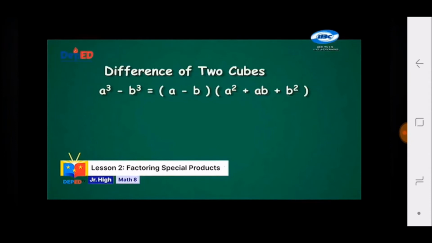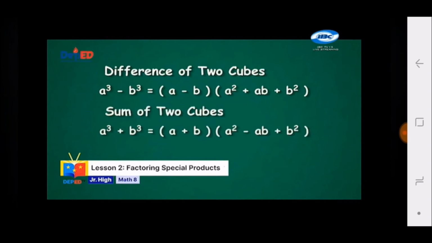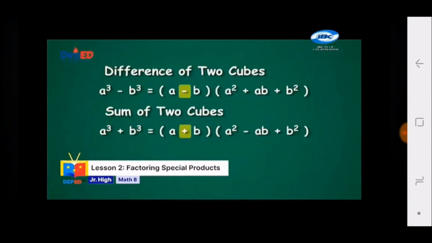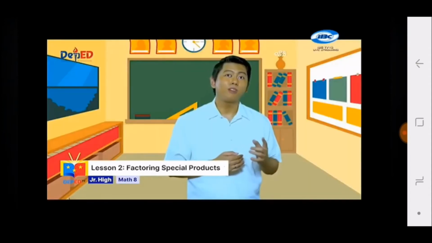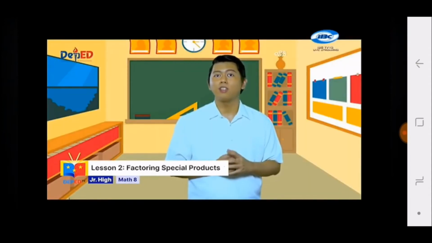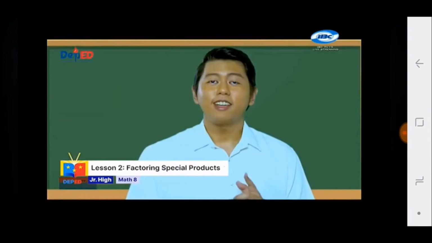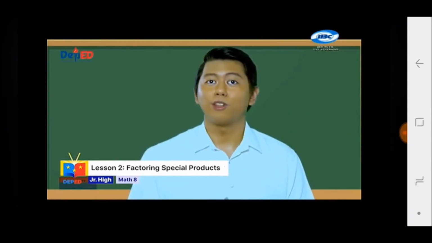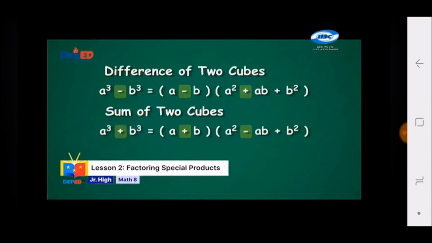The pattern is also similar in factoring the sum of two cubes, a cubed plus b cubed. What do you notice? Where do they differ? The sign or operation in the binomial factor and the first operation in the trinomial factor are different. They both depend on the operation used in the polynomial. There is a special trick for us to remember the signs used in the sum or difference of two cubes. You can use the mnemonic